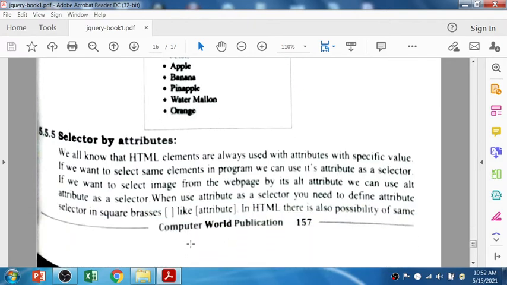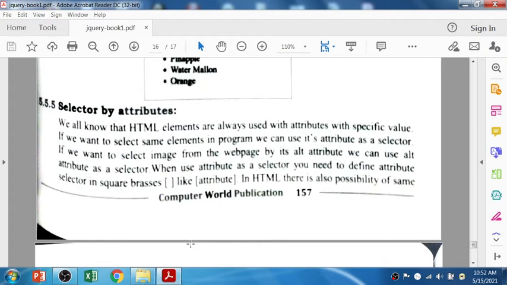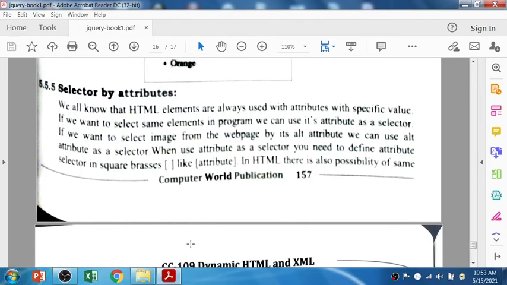The last one for selecting elements is selecting the elements using selectors by attribute. We all know that HTML elements are always used with attributes with specific values. If we want to select the same element in a program, we can use its attribute as a selector.